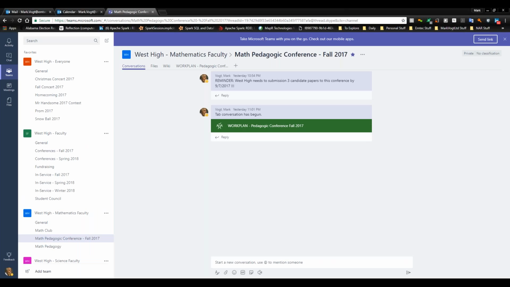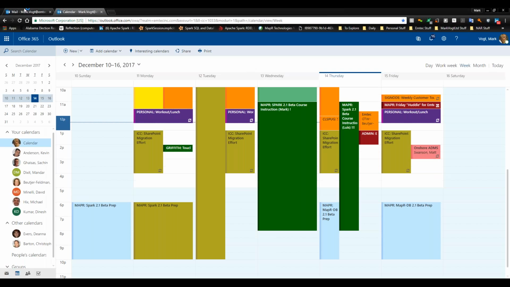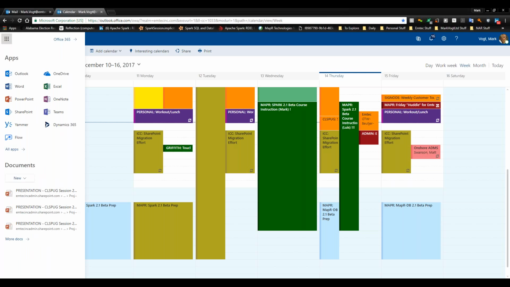What I've got is a sample here. This is me opening up Microsoft Teams. Let me close it and actually show you where this all starts. We're actually in my calendar. I'm in Office 365. I'm in the calendar that's a part of Outlook Web Access. And if I go up to the waffle menu, then in Office 365, I see that one of the tiles, one of the apps that are available to me is Microsoft Teams. If I right mouse click on it and choose to open in a new tab, then I can see the